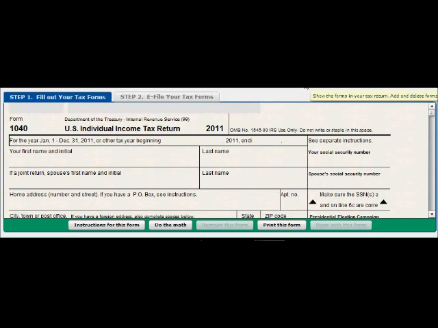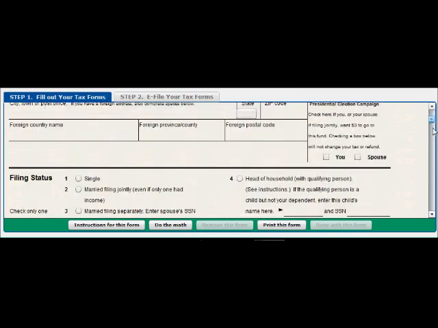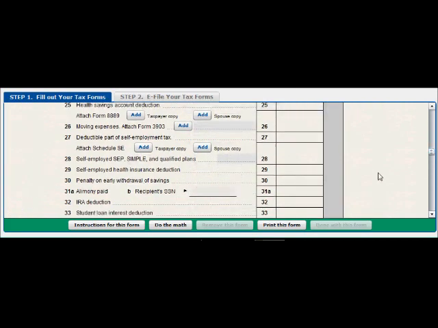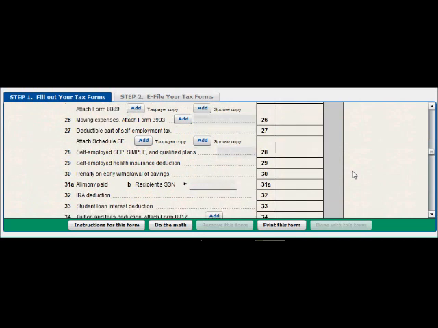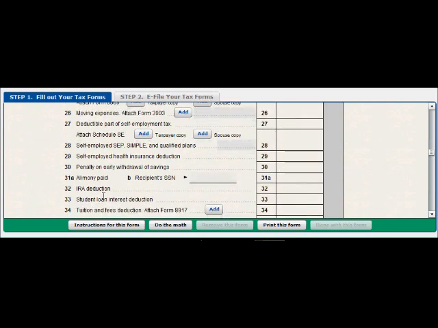So now that we went over what an alimony is, requirements for filing the alimony deduction, and some important bookkeeping records, I'm going to show you how to claim the alimony paid deduction on the Form 1040. Now at the end of the year, you're going to go through all your records and receipts, tally up the total alimony paid for the year, and then you want to go to the Form 1040, and in the adjusted gross income section on the first page of the 1040, let's see here,